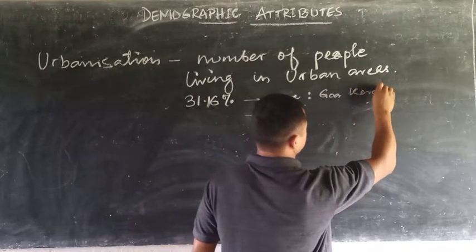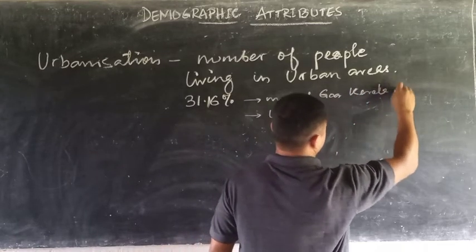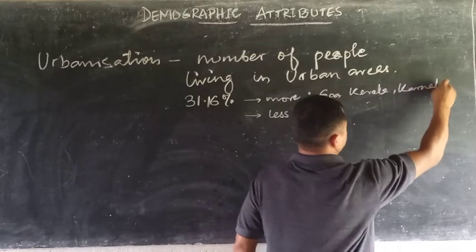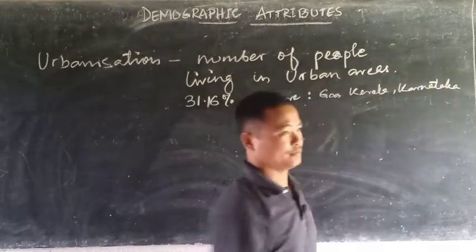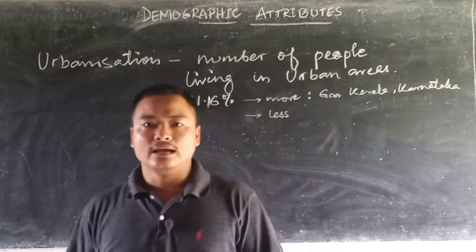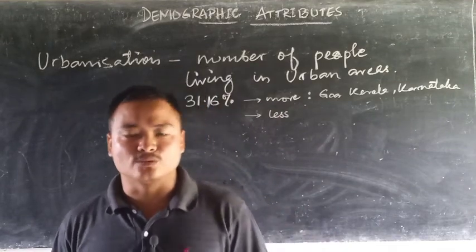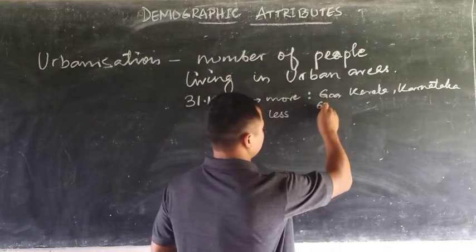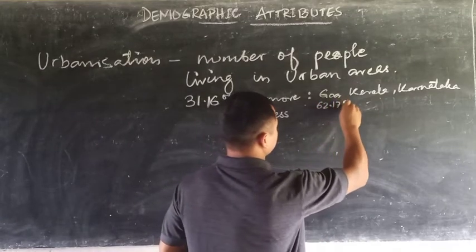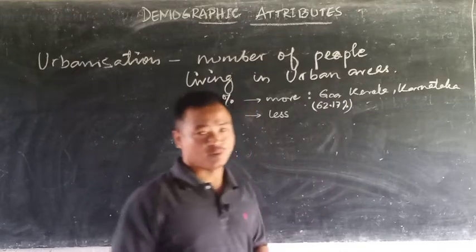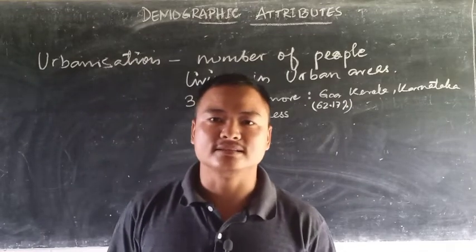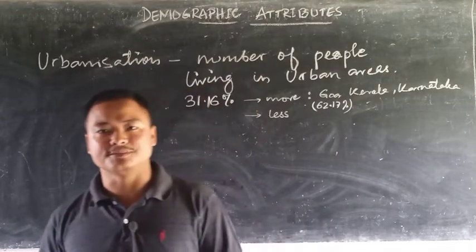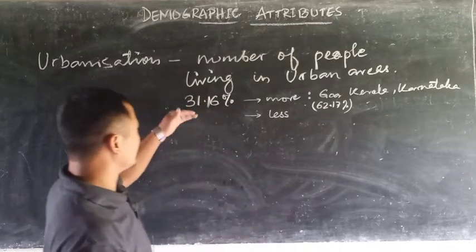Kerala, Karnataka, and so on. Here, Goa leads the race with almost 62.17% of urbanization, or in fact the urban population, while the other states are slightly lesser than 50%, but over